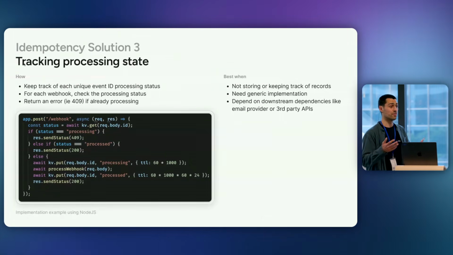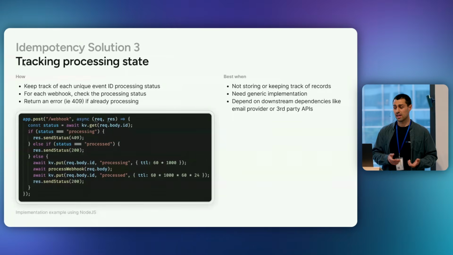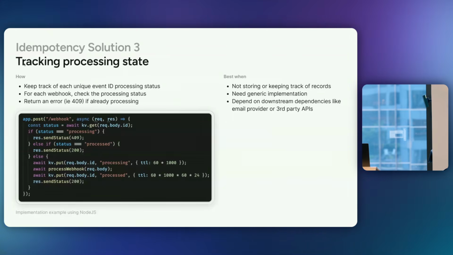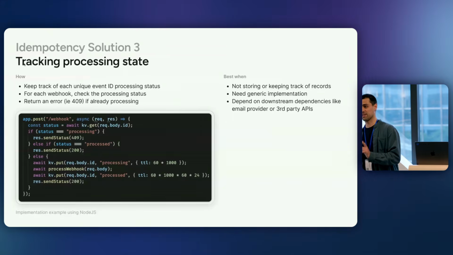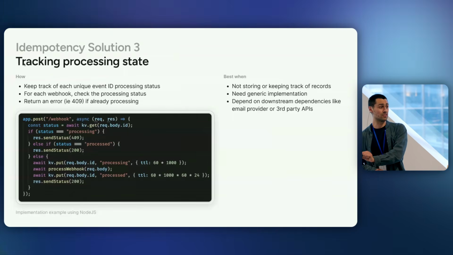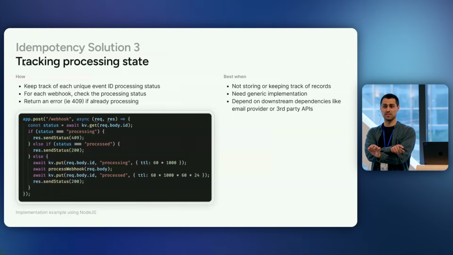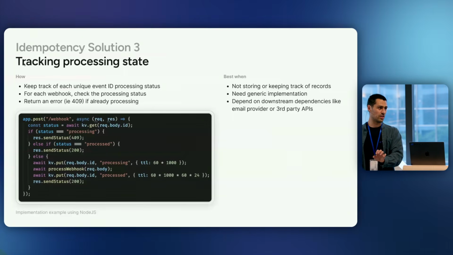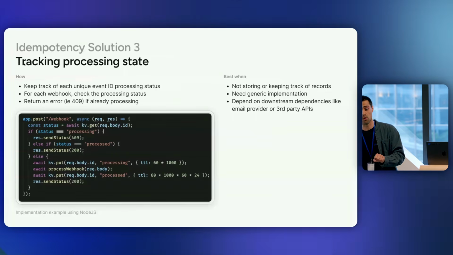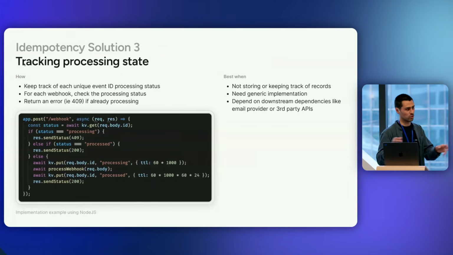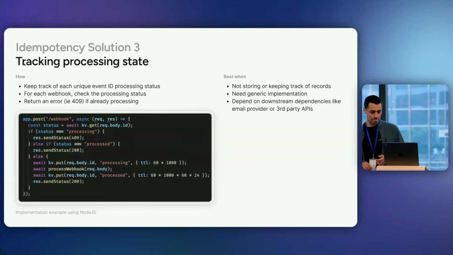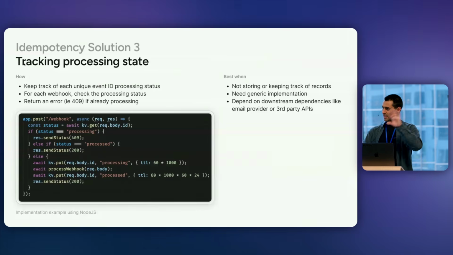If you've never seen it before, you process it. If you are processing it, that is very important, you want to return an error, right? Because you don't know if the event you're currently processing will finish processing successfully. If it doesn't, you want Stripe in this case, or whatever system you're using to queue those webhooks, to know that a retry is going to be needed, right? Because you only want to return 200, in the example I have, if you know for a fact that you've processed it successfully. So that's it for idempotency.